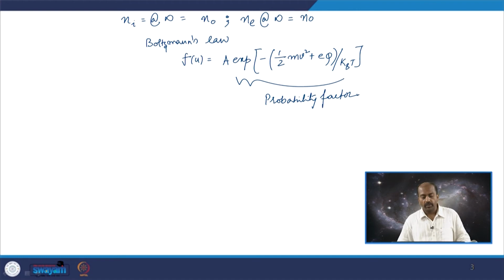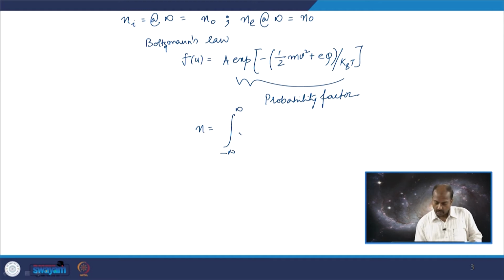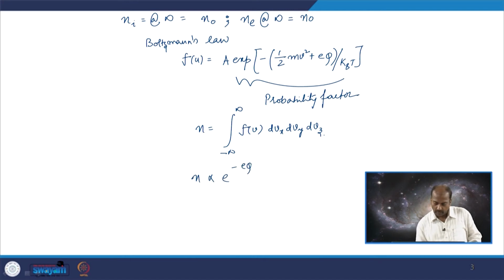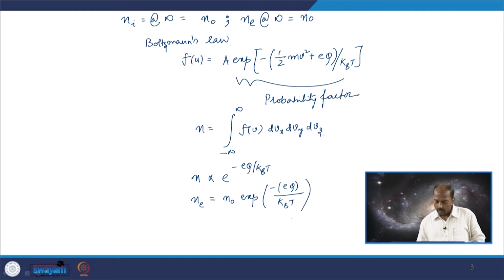Right. Now, how do you get the number density from this probability factor? You just integrate f between minus infinity and infinity over dvx, dvy and dvz. Right. So, we will realize that n is proportional to e to the power of minus e phi by kB T. So, we can write the number of electrons is equal to n naught exponential of minus e phi by kB T,